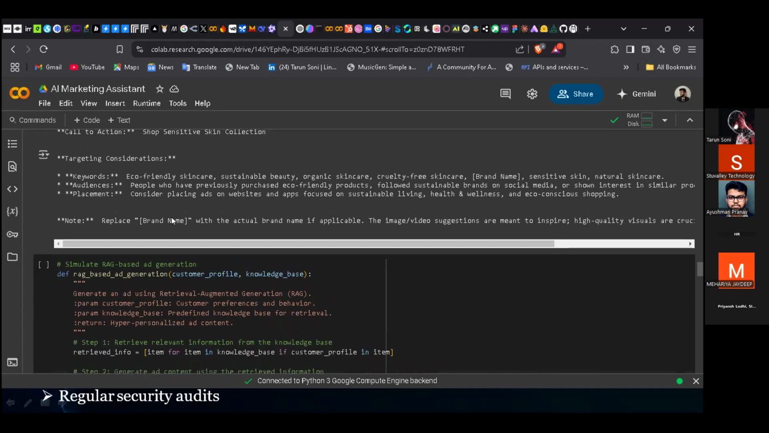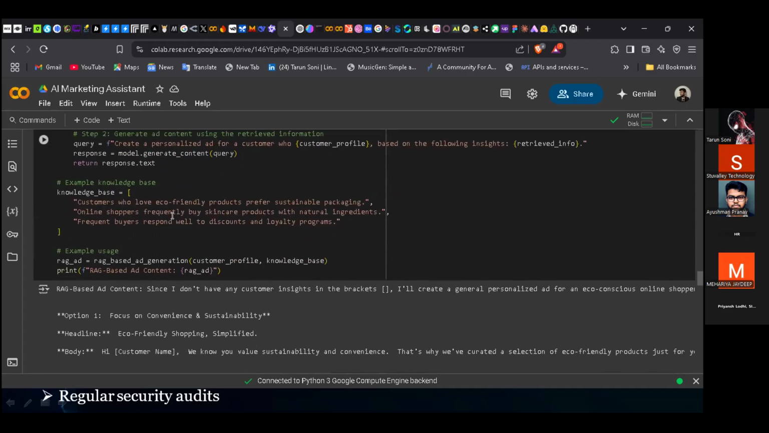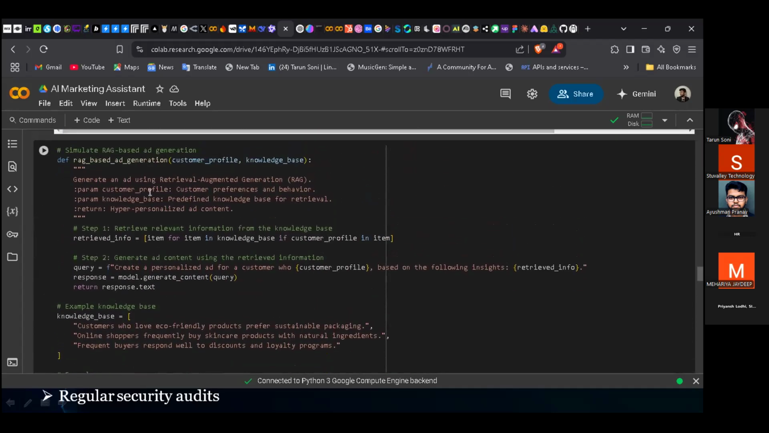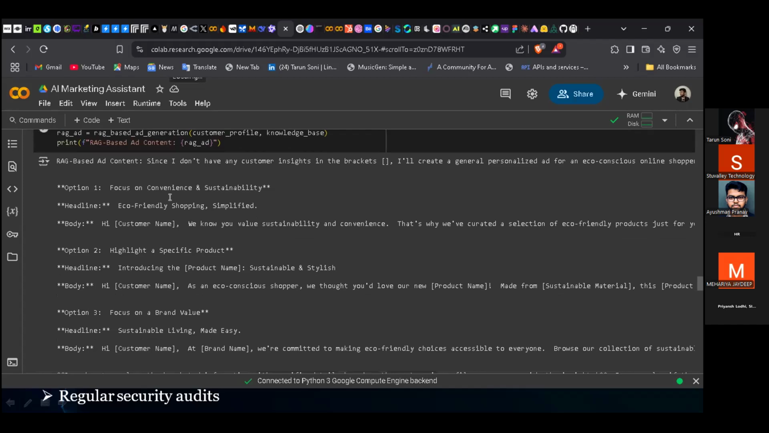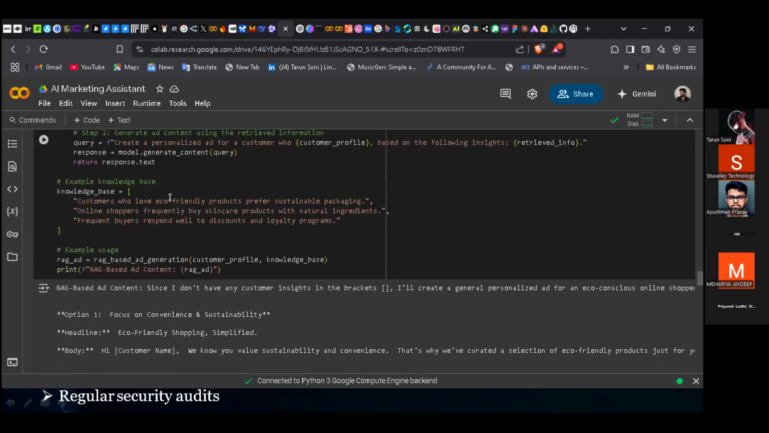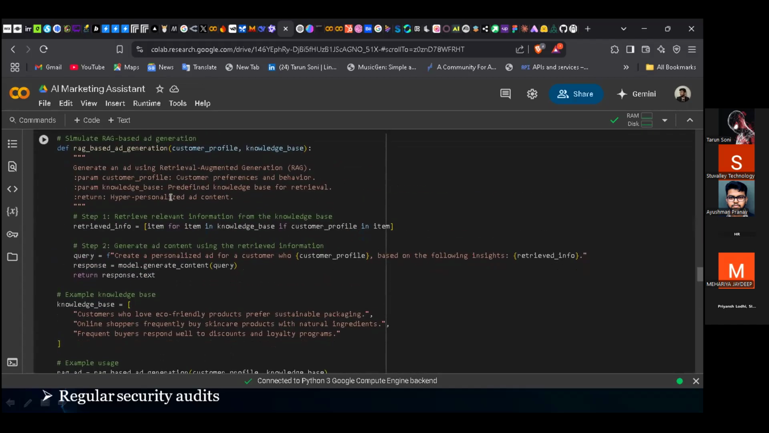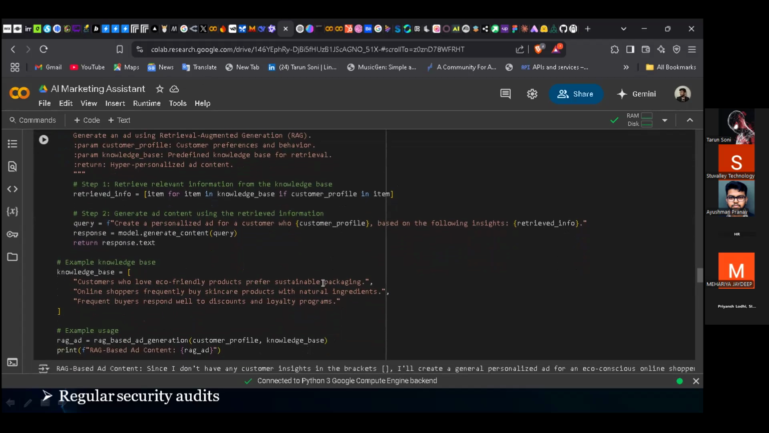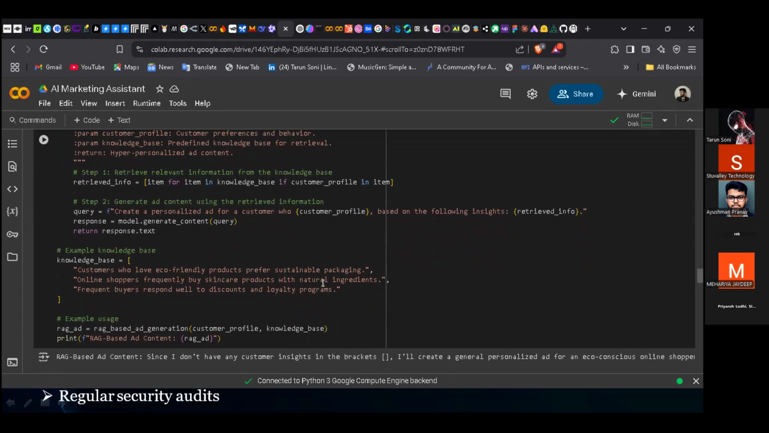नीचे जाओ, रैग में क्या बनाए हो? रैग में तो नॉलेज बेस ये है, ऐड जनरेशन के लिए था। ठीक है, एक मिनट रुको, ऊपर जाओ। कस्टमर प्रोफाइल एंड नॉलेज बेस का इनपुट में ले रहे हो, एंड रिट्रीव रिलेवेंट इंफॉर्मेशन। ये फिर एपीआई कॉल ही है, बस तुम्हारा लूप है। ये रैग नहीं होता है, ये बस तुमने कॉन्टेक्स्ट में प्रॉम्प्ट बढ़ा दिया बस।